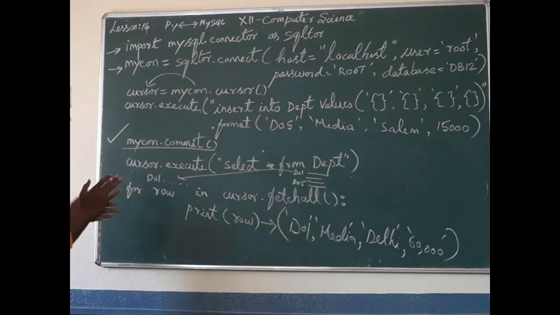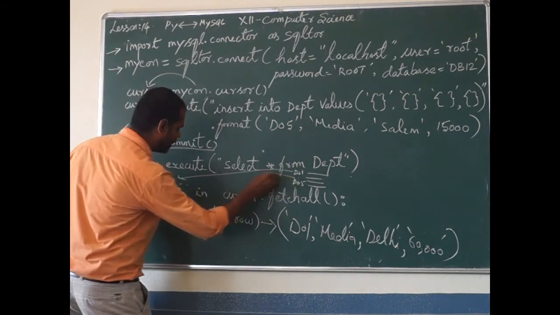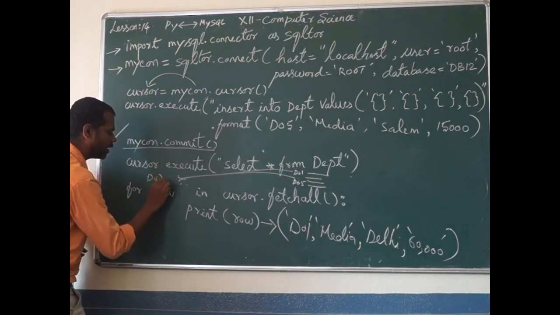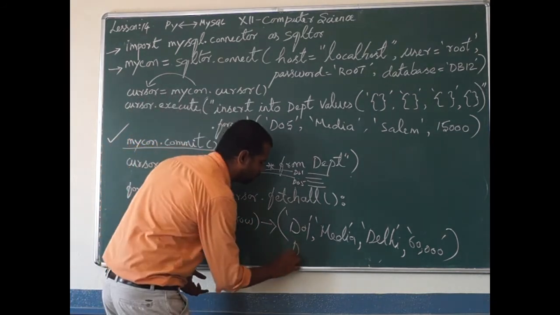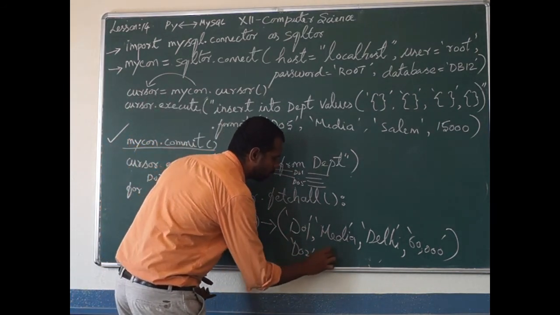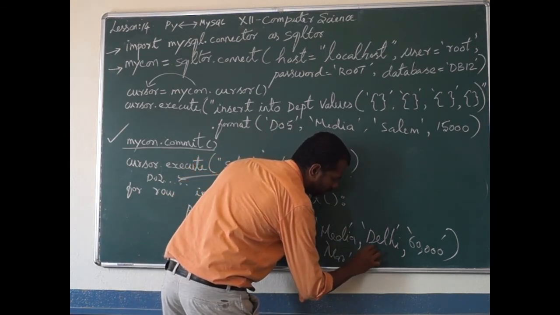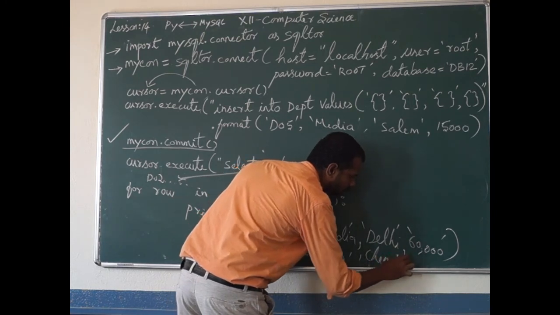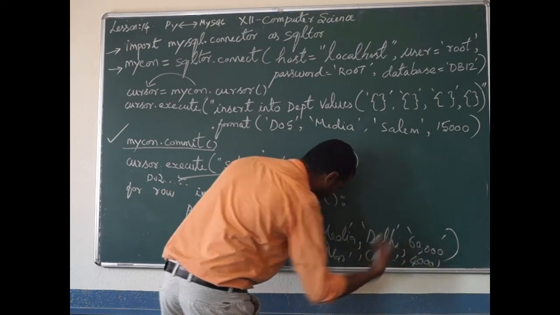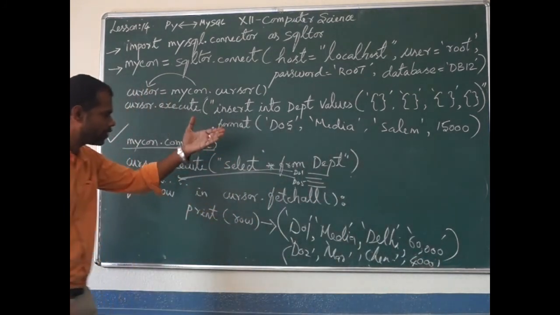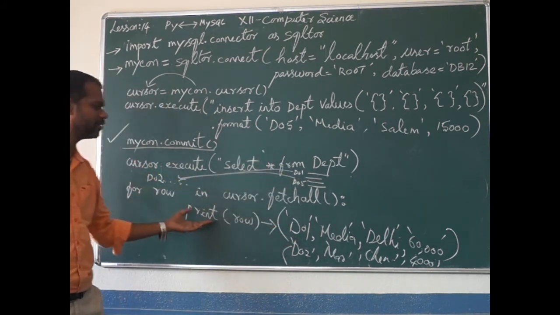Clear? Okay. So listen. The second time it executes, it will receive D02. So now it will print the second row: D02, comma, marketing, comma, Chennai, comma, 40,000. Something I forgot in those lines, no problem. So whatever is in the first line, it will print as the first row, and whatever is in the second row, it will print as the second row.